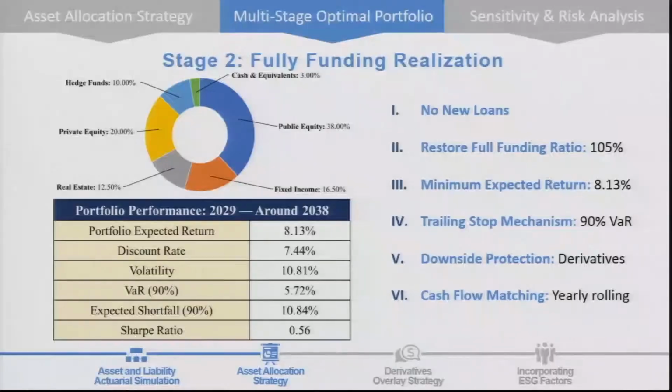And we'll keep rolling this cash flow matching plan later to protect retirees' interests. And in stage 2, our new goal is to restore the funding ratio to 105%. So we'll maintain our allocation and use derivatives to protect our portfolio from fluctuations without issuing new bonds. And we'll keep rolling our cash flow matching plan with less stress to take new loans. And at the end of stage 2, we'll reach a funding ratio of nearly 105%, which gives a full safety margin to our